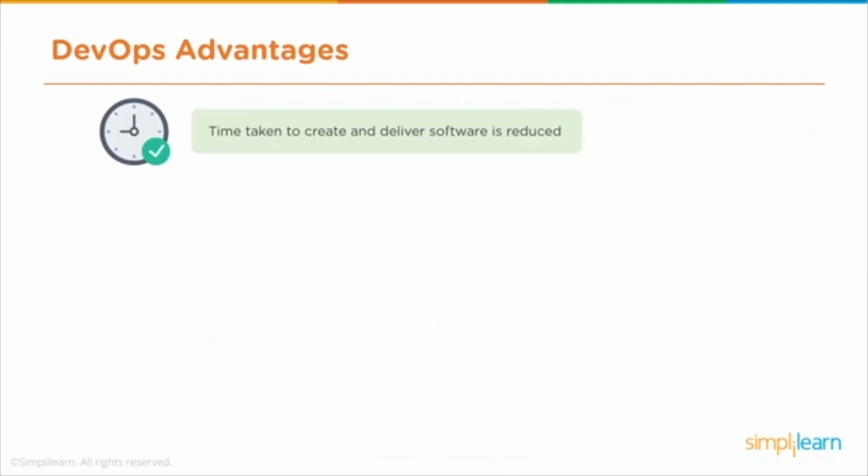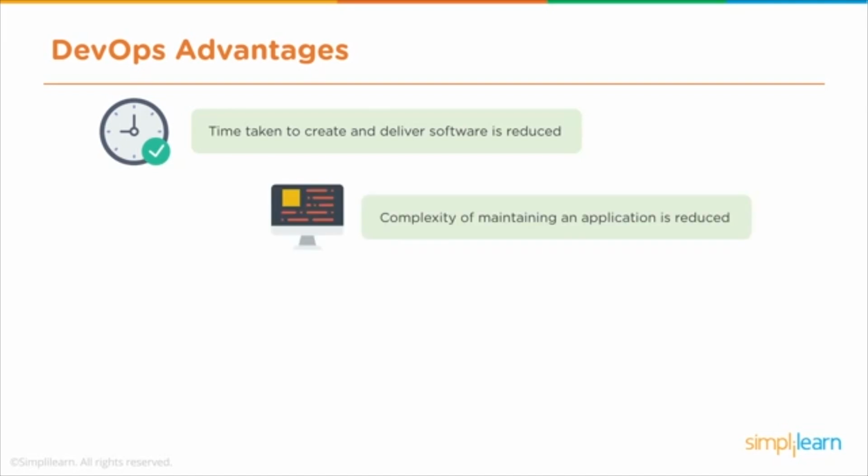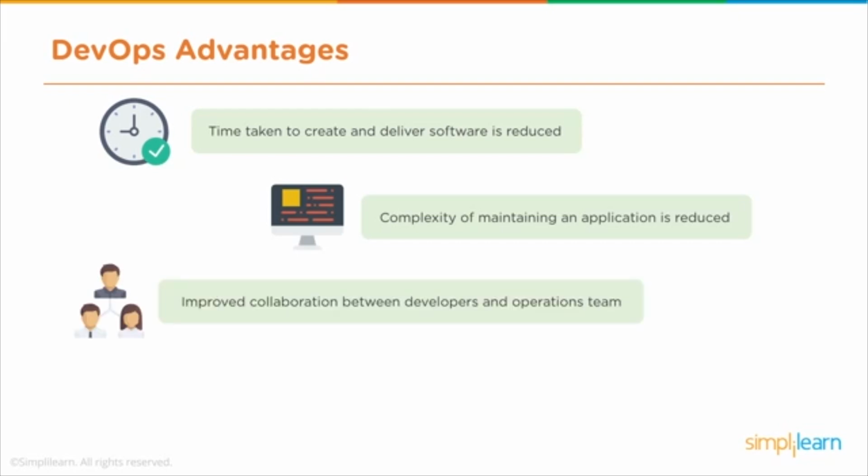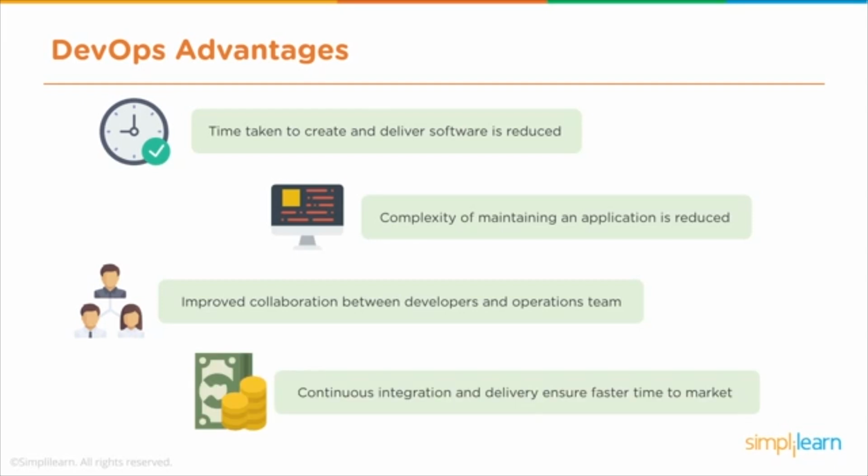So there are some key advantages that DevOps has. The actual time to create and deliver software is dramatically reduced, particularly compared to waterfall. Complexity of maintenance is also reduced because you're automating and scripting out your entire environment. You're improving the communication between all your teams, so teams don't feel like they're in separate silos, but are actually working cohesively together. And there is continuous integration and continuous delivery so that your consumer, your customer, is